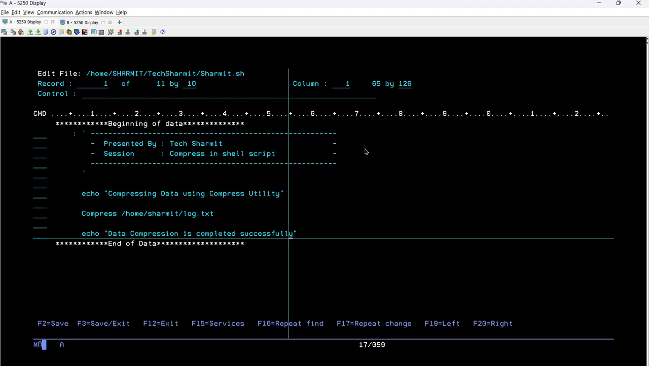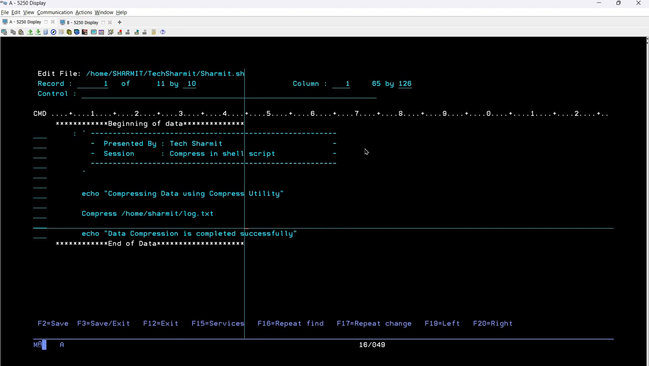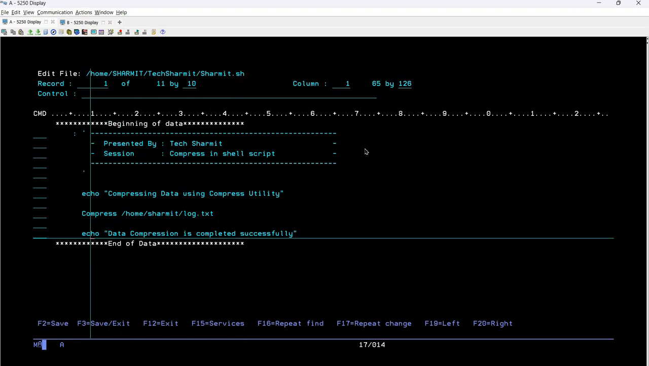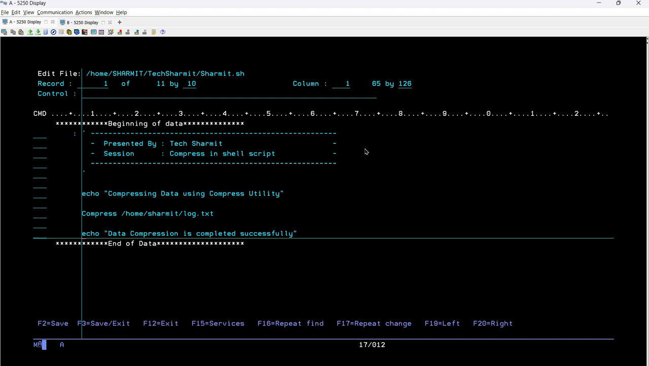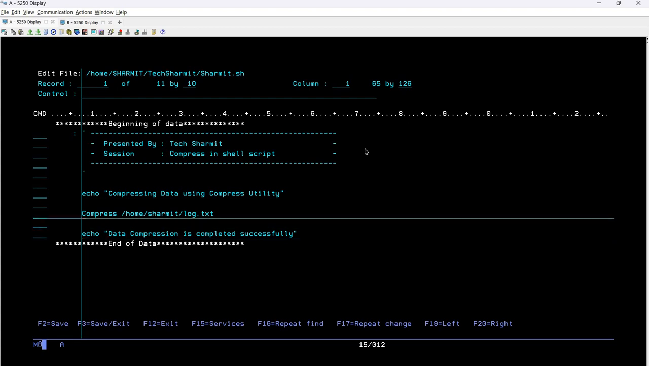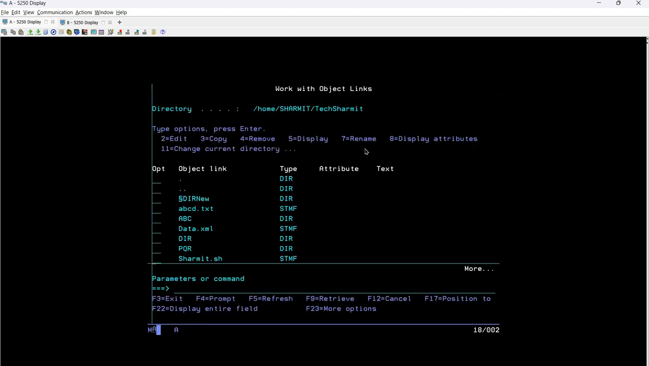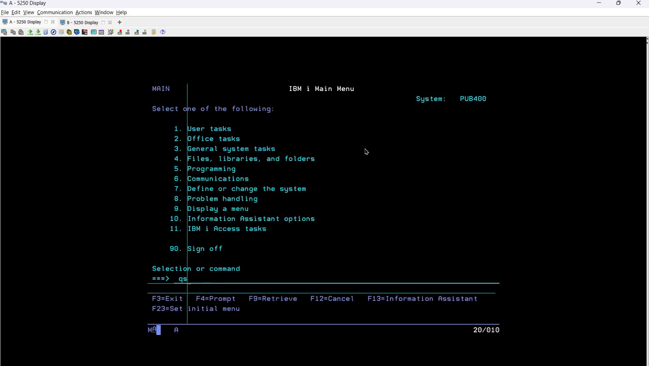Okay, but in case there is any issue in this command, then this message will also be printed, because this is hard coded, right? Otherwise you can check with an if else command. If the command is executable properly, then you can print this message. But this is just for demo purposes, so I am using hard coded text. So let's press F3 for save, F3 again for exit, and here on the same session I will write QSH